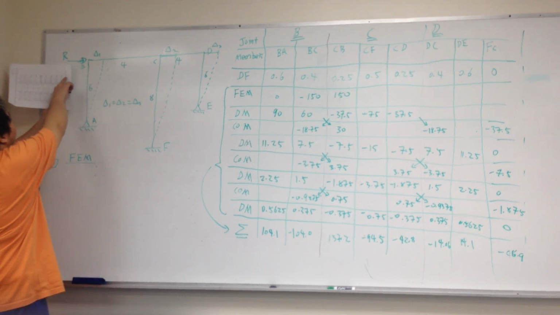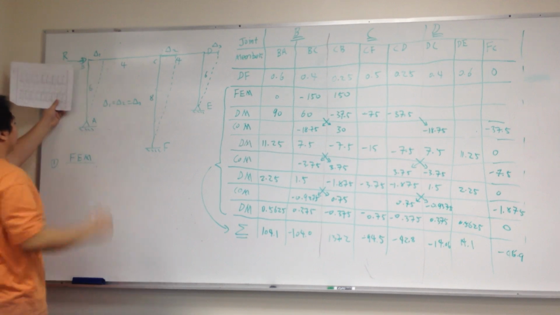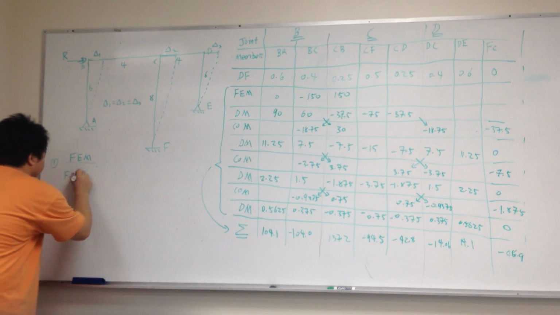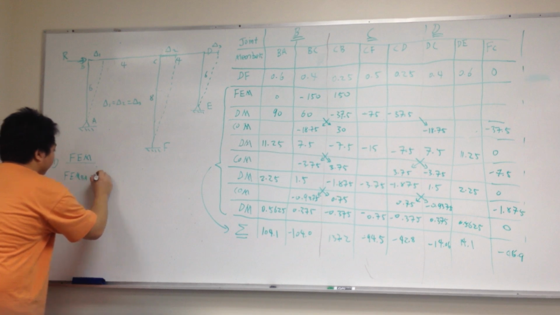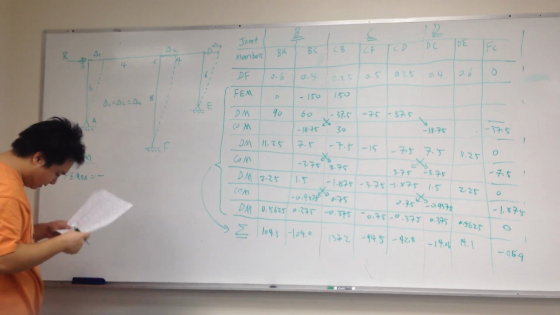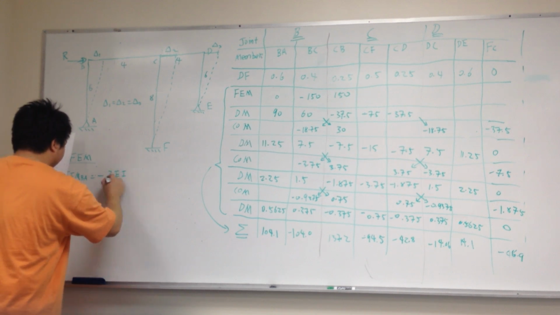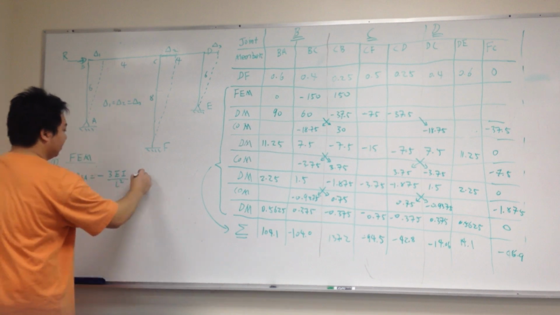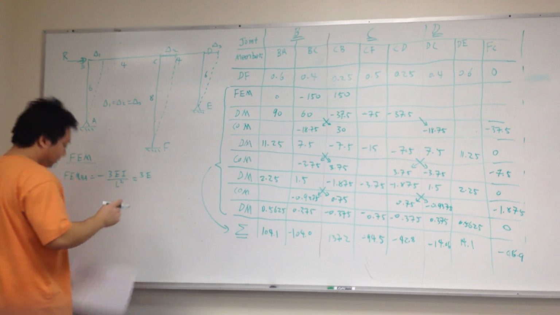The delta is pointing this way, so you're gonna have, it's negative. So you're gonna have FEM BA is equal to negative 3EI over L squared, which is 3E, the I is